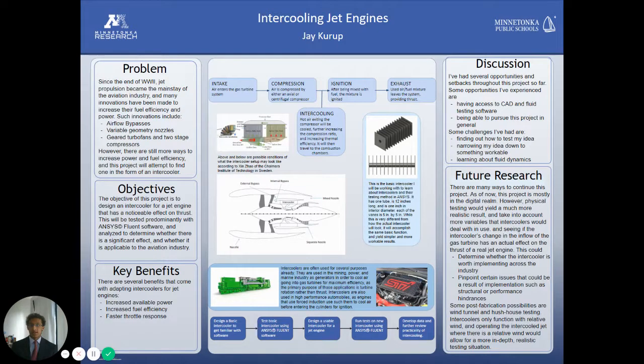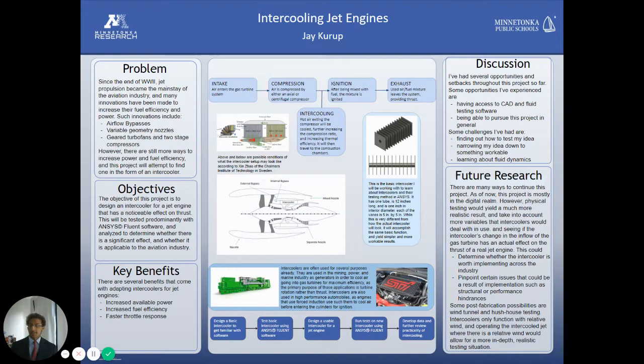Now, in between compression and ignition, we can use intercooling, because after compression, the air heats up. After compression, that hot air runs through an intercooler, which has two veins. In one direction is that hot air coming from the compressor, and the other is the relative wind, and it acts as a heat exchanger and allows the hot air to cool,